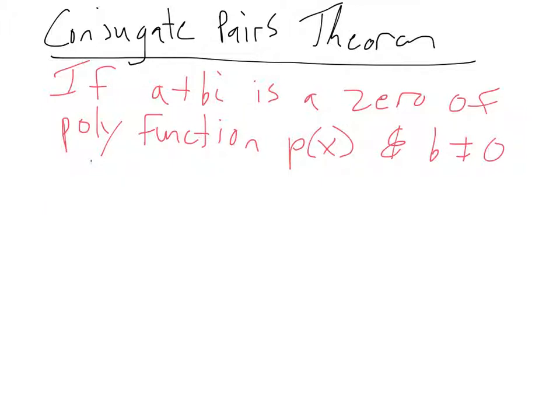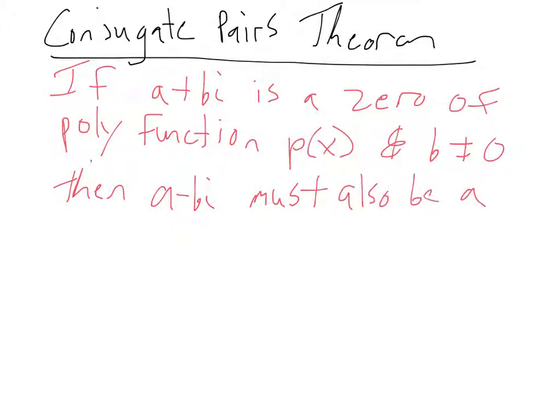Then a minus bi must also be a solution. So essentially, they have to come in pairs, right? You can't just have one imaginary solution to an equation. You have to have at least two, right? And there's a corollary to this,